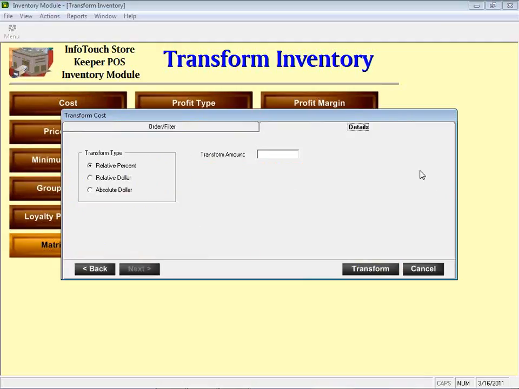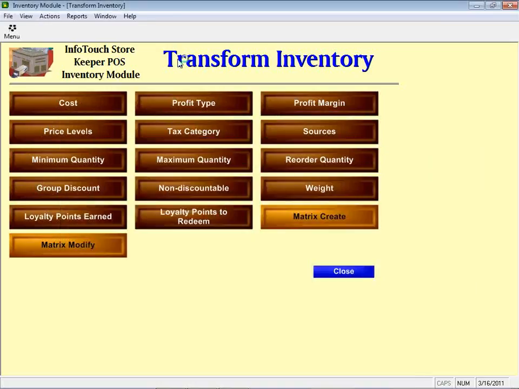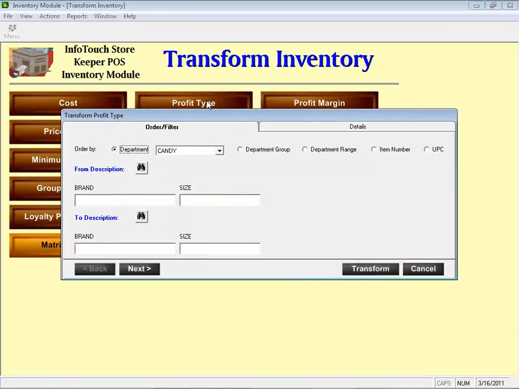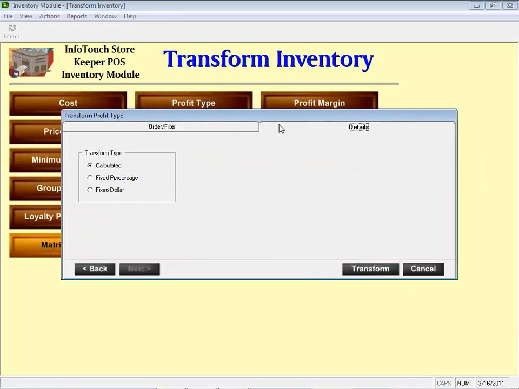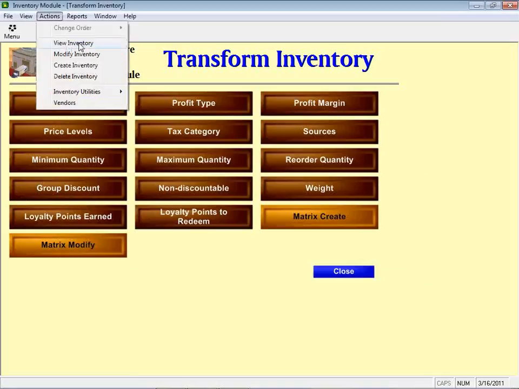Now, lots of those details disappeared, but we can knock down the cost or bump it up by a relative percent, a relative dollar amount, or set it to a specific dollar amount. Profit type, a little bit different here in that if we look at the retail record, what we're talking about modifying with profit type